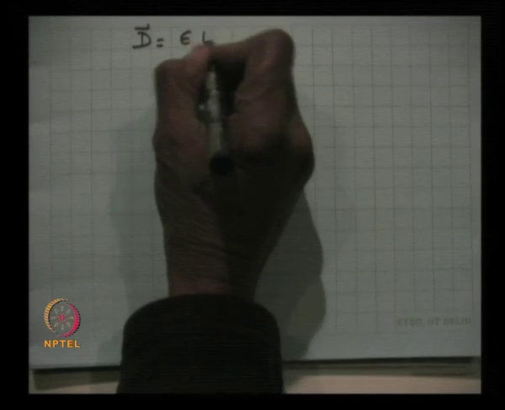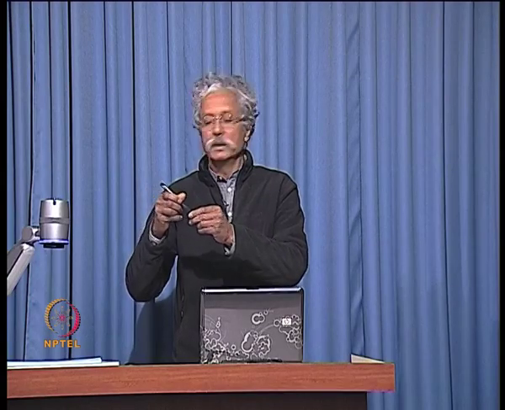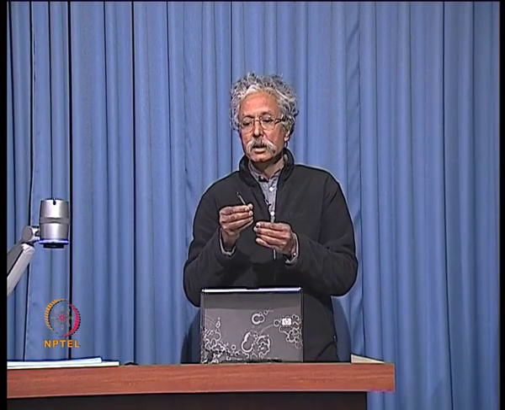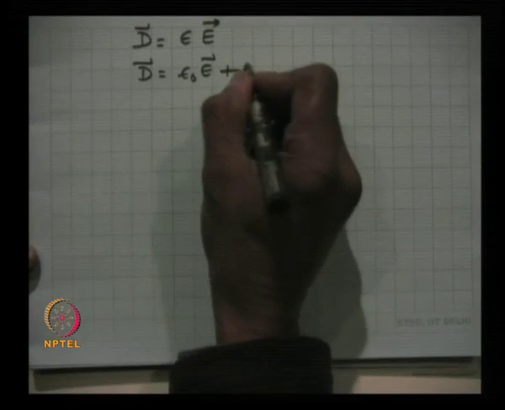You see, yesterday we wrote this equation, D is equal to epsilon E, and I said that epsilon is a scalar. So, this means that no matter which direction I apply an electric field, the D vector is parallel to the electric field. Now, in many crystals, this does not happen. If I apply an electric field like this, the displacement vector could have a different orientation, and that comes in because remember